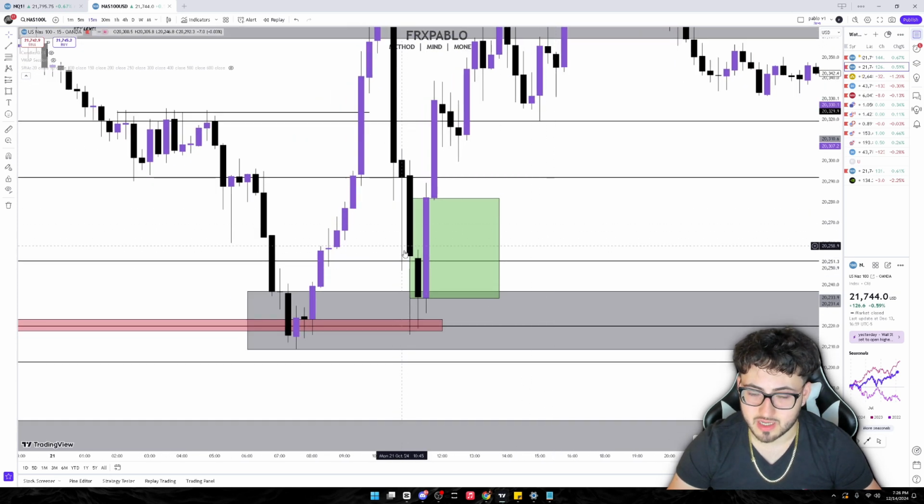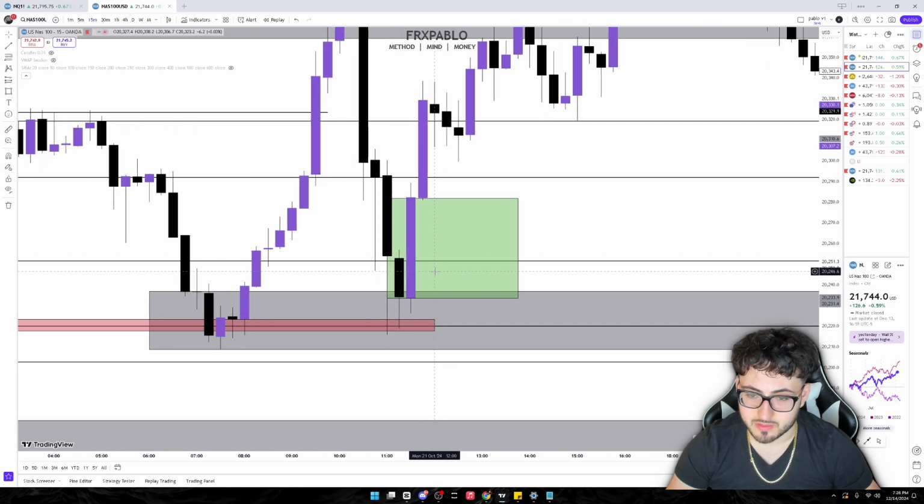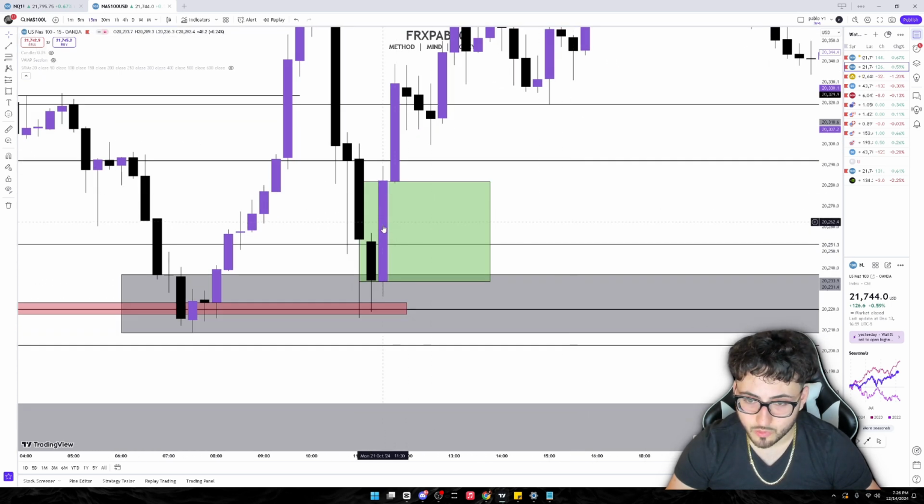Now notice how we tapped into this level right here at 11, right? This would have been a bad time to enter because even though we did confirm the position super strong through here via this large rejection, we didn't see a large reaction and a closure above an open, right? Because remember, this candle opened up here and it closed right here. But that's why we would wait for the next candle that prints and closes above in a bullish fashion, which was this one.